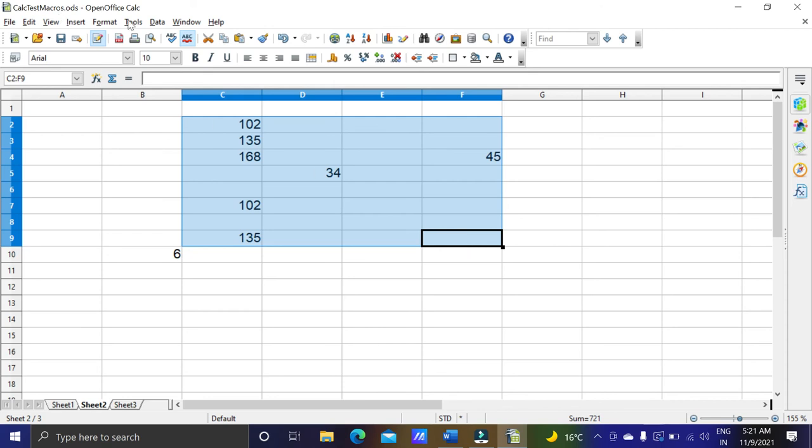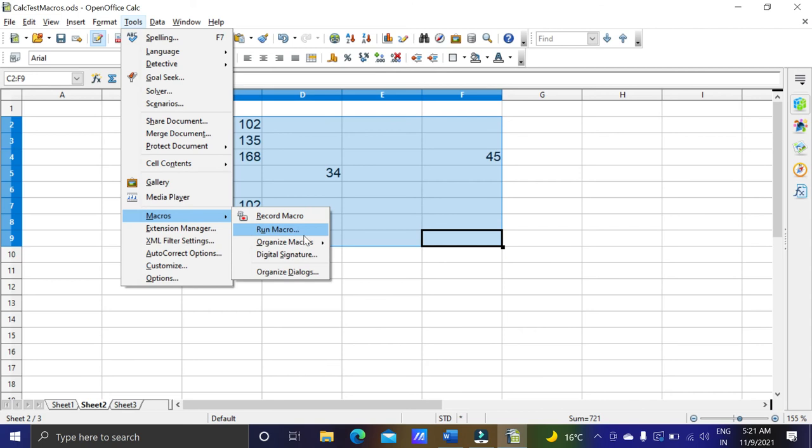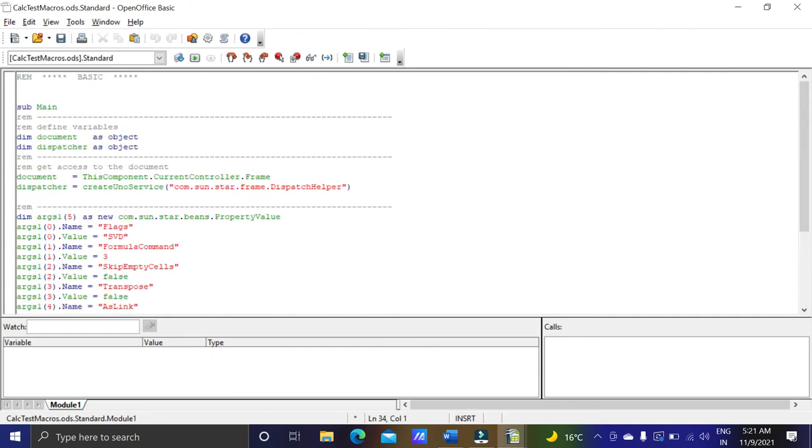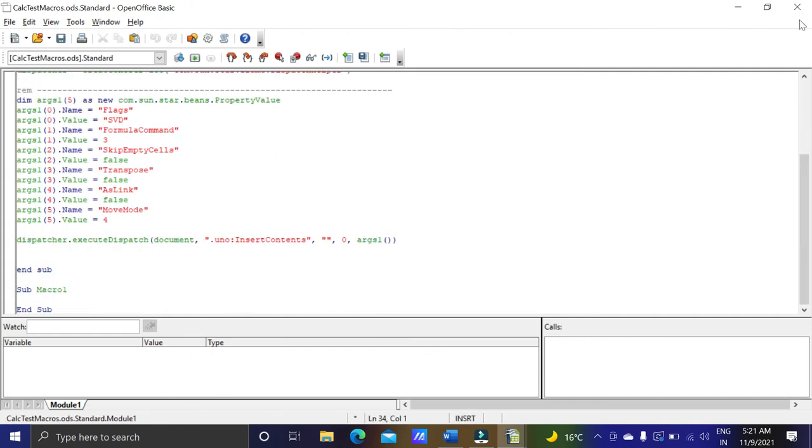So let's see if we can save a file in the standard library of calc standard, and then new, and this is our library.